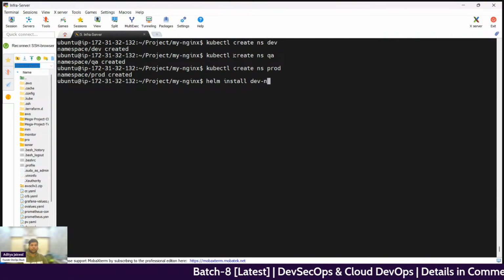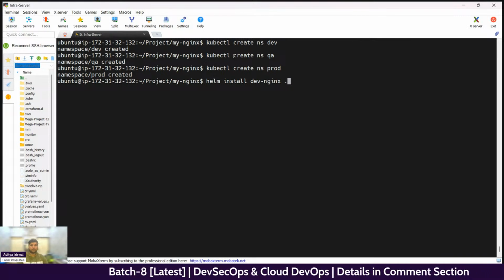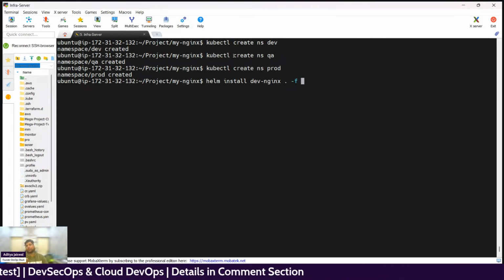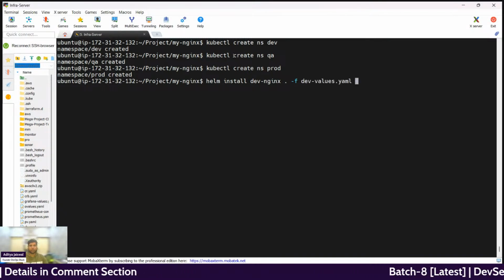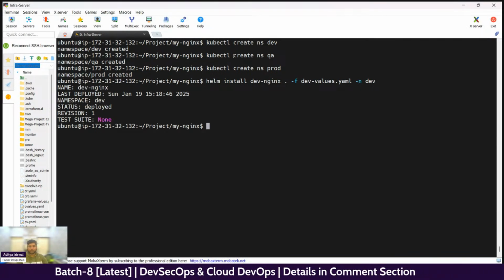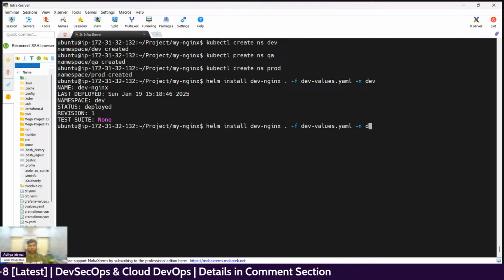dev nginx dot -f. Now we have to define which specific YAML file I want to use. So I want to use first the dev YAML, and that should be deployed inside namespace dev. So if I run this, the deployment is done, this is for dev, and now I want to perform